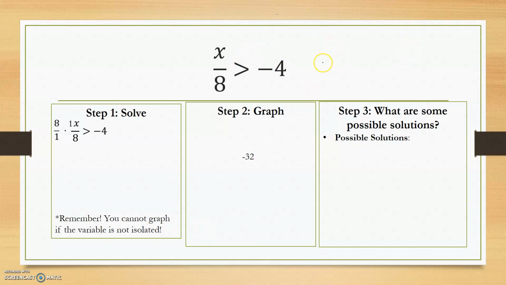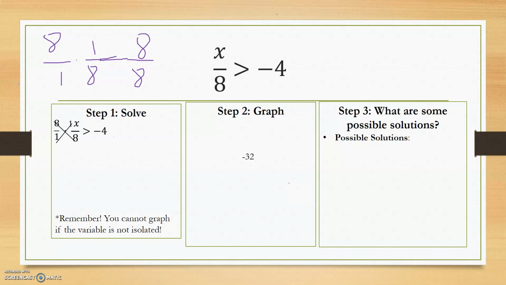Off here, off to the side, these cancel. I've got 8 over 1 times 1 over 8. Okay, if I do 8 times 1, I get 8. 1 times 8, I get 8. If I evaluate 8 divided by 8, I get 1, right? That's why that cancels. So on the left, I'm left with x, my goal,